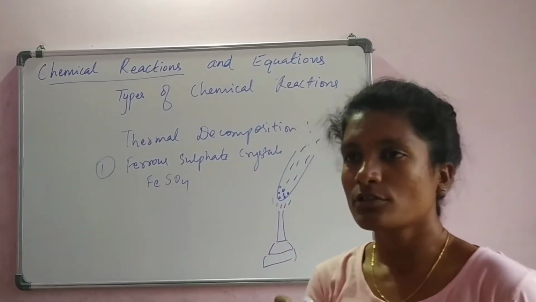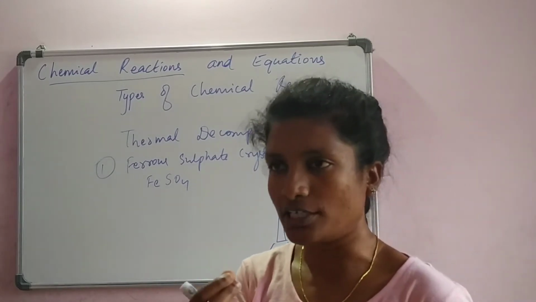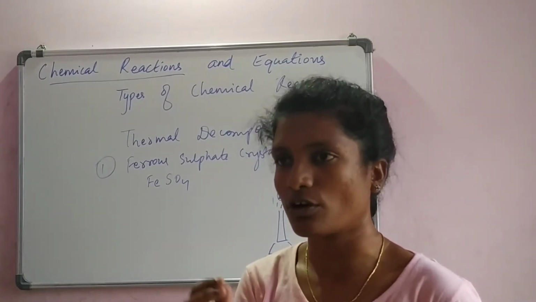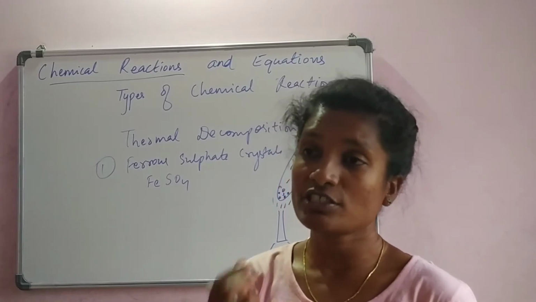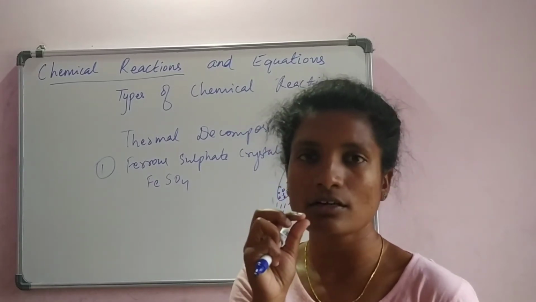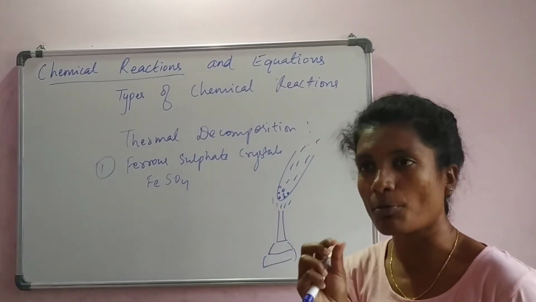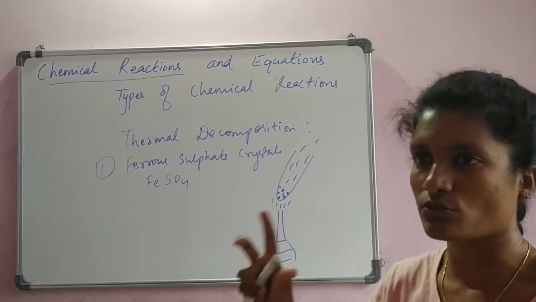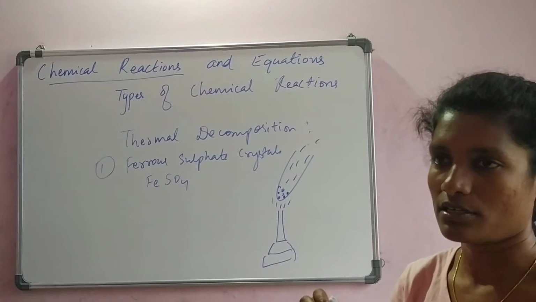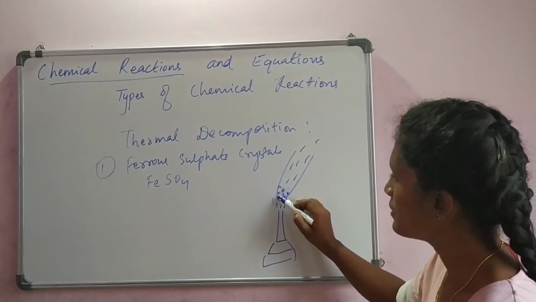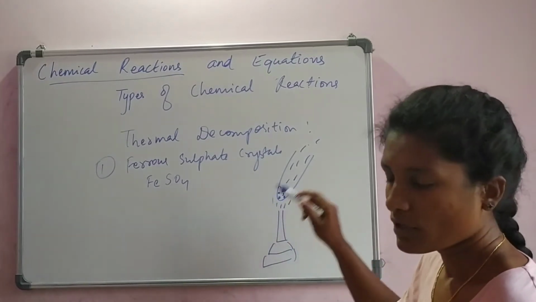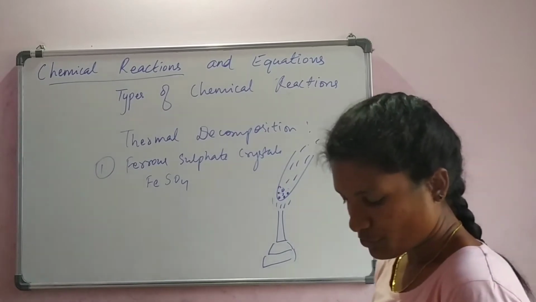Crystals means, you have seen sugar and salt. Salt means the rock salt, not the powdered salt. So how is sugar to touch? It is like crystals, right? So ferrous sulfate is also in the form of crystals. It is not smooth and it is not hard. It is in between. Hence I have written them in this shape.